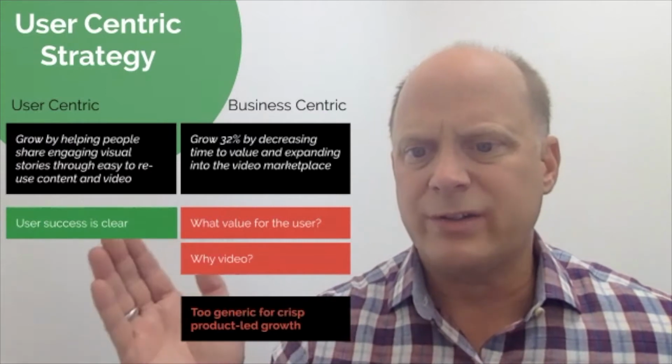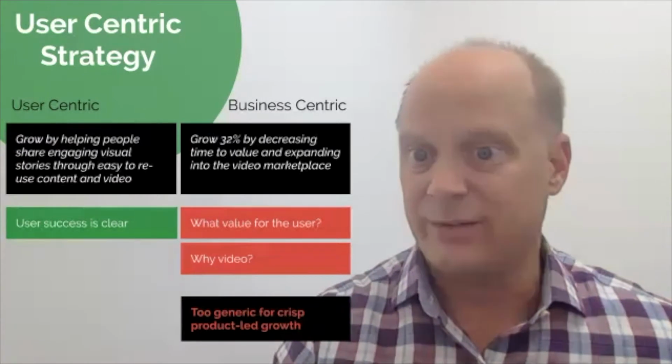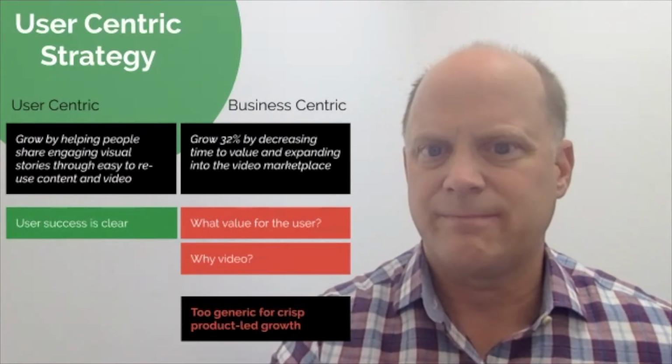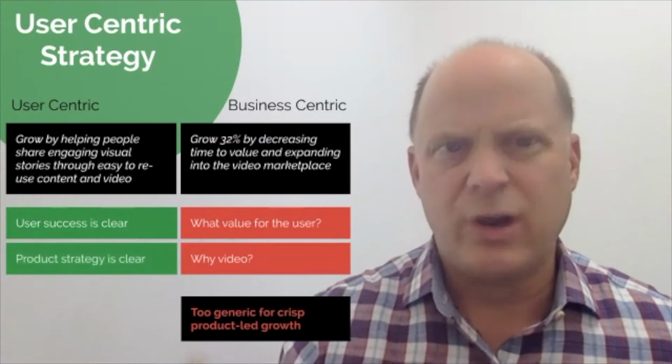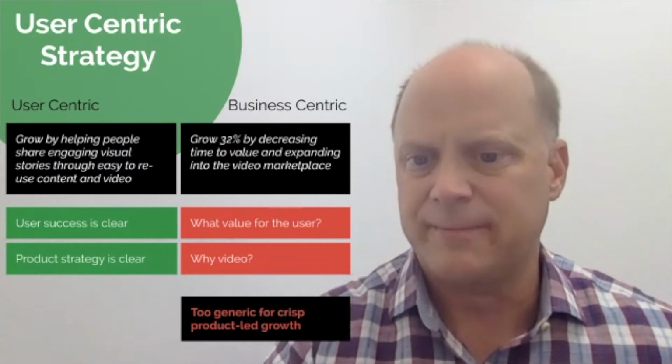Whereas if we go over here to the more user-centric side of things, the user success is pretty clear, right? The user's success is if they can share engaging visual stories. Super clear, right? The product strategy is pretty clear too. How do we want to help them do that? We want to help them do it through reuse of content and video, let's say. So